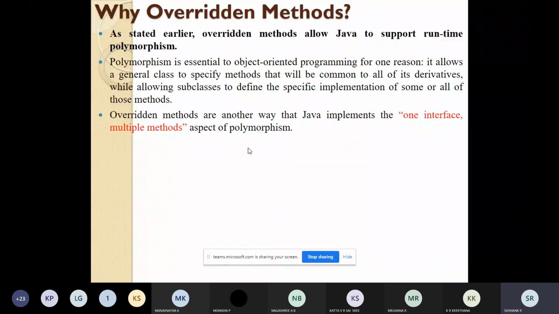And what do you mean by overridden methods? So when the function names are the same in two classes, the subclass functions will be given preference compared to the superclass. So with this we will call it method overriding. There is a difference between method overriding and overloading. See, method overloading means function overloading.